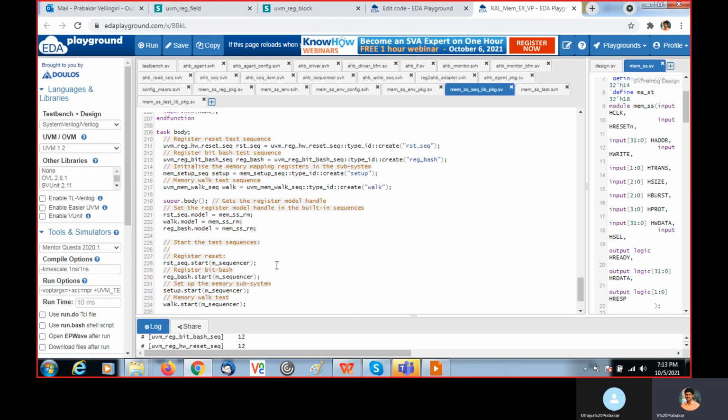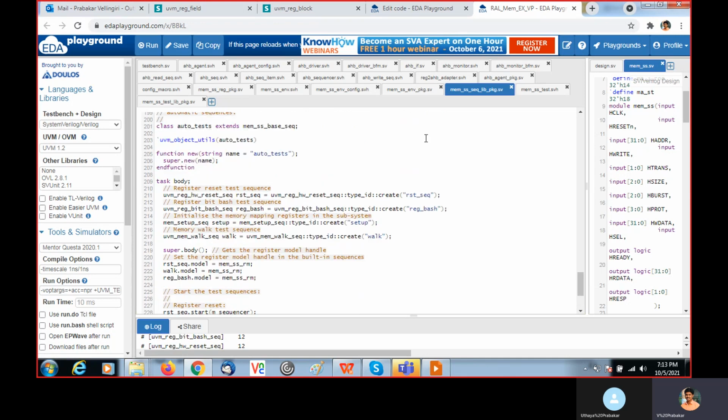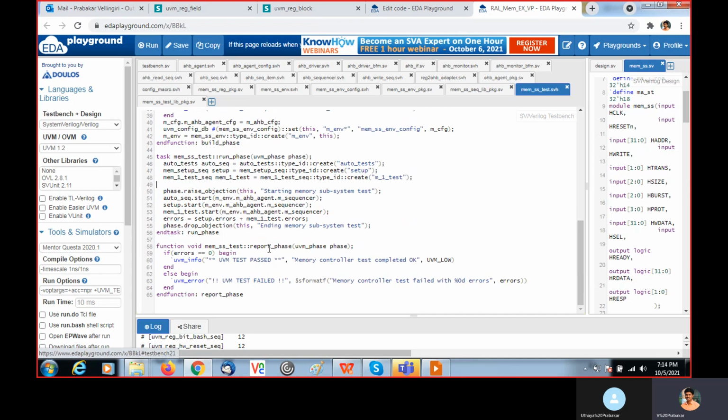All these sequences we are calling inside the auto test sequence. So that sequence I'm calling inside the test. I instantiated and created it, and the mem setup sequence.